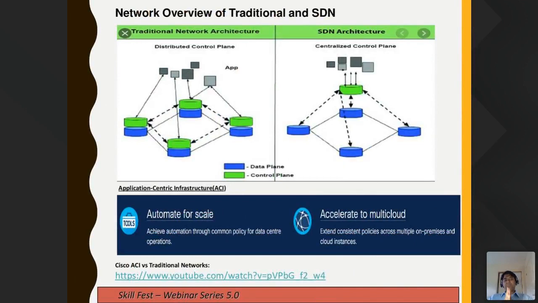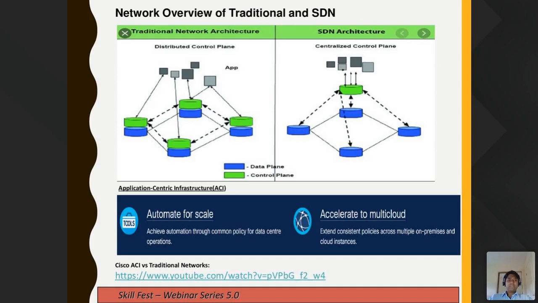All right, so this is the network overview, about how the traditional network works. Currently a lot of companies are getting into SDN, which is easy to manage, easily scalable, more flexible and more monitorable. So people are slowly moving from traditional network to SDN, but not everyone. Some customers really want to keep a traditional network for some reasons. But let's explore how the traditional network works and also how SDN works.